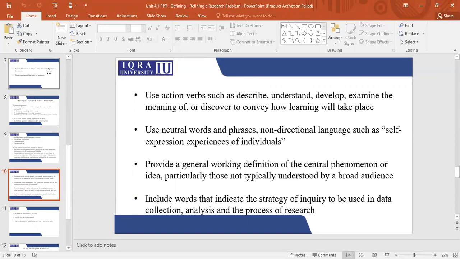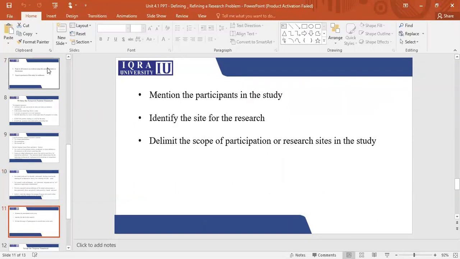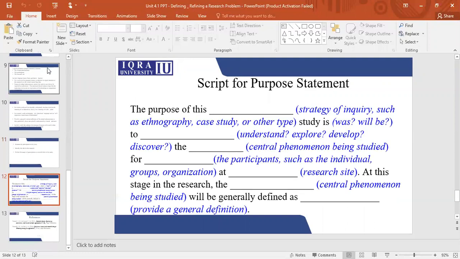You usually use neutral words because obviously in qualitative research, you're not assuming beforehand. So you will be researching and finding out, so the themes will most probably emerge from the data. And then you work on a working definition if there is a certain phenomenon. So it is better to explain it a bit, the main issue or the main phenomenon in your research problem as well. Then you may talk about some of the context, you may discuss some of the participants over here, and you may talk about some of the limitations.